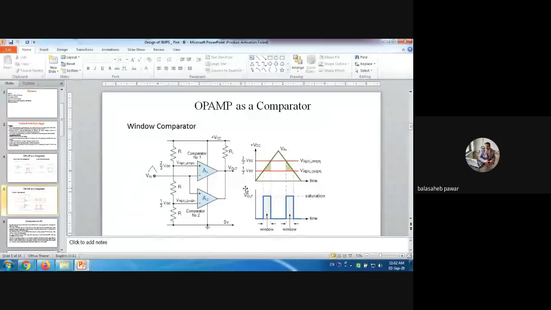Yes, sir. Now, what point will you highlight here about the output? You will observe that RL is connected to the output with respect to not ground. That RL is connected with respect to VCC. That also you have to consider, how such type of output is obtained. And that's why it is known as a window comparator. Clear? Okay, just take a screenshot of this circuitry and think over it.